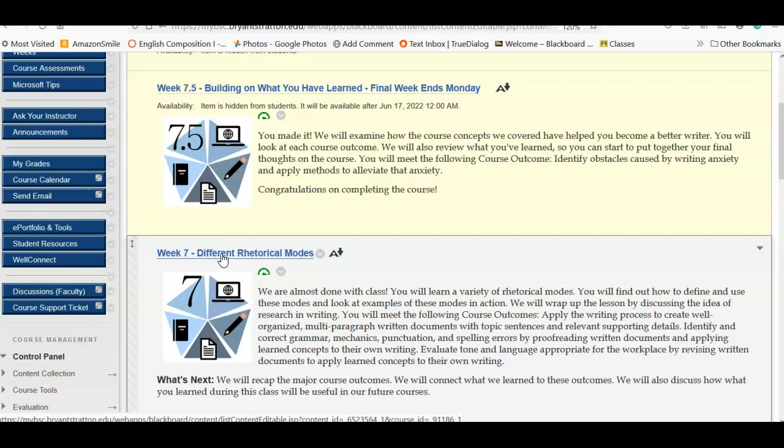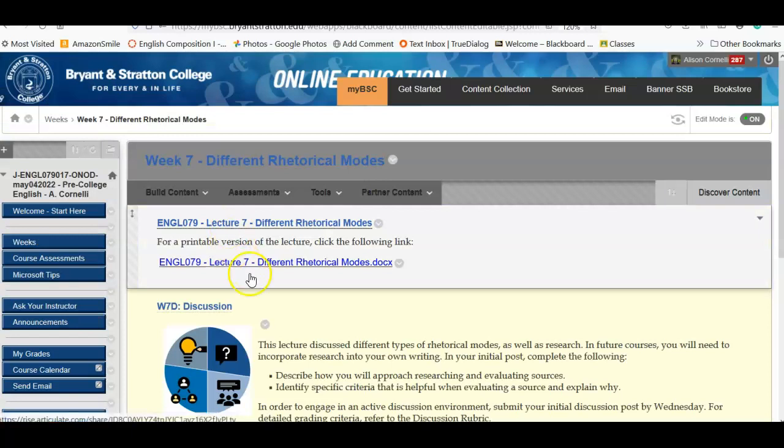You might find yourself writing a comparison contrast essay or an argument essay or just an informational essay. When you click on week 7 in the lecture, it's going to go over some of those different ways that you can write with a different purpose. Obviously this essay wouldn't be considered an argument essay, because it's just narrating how your college degree is important to you.